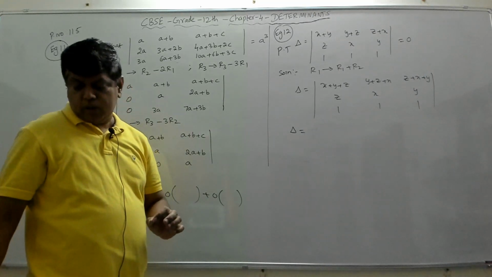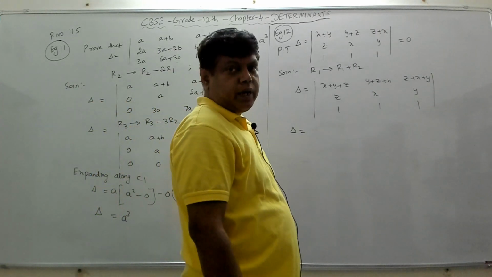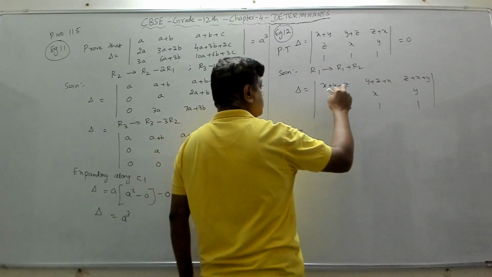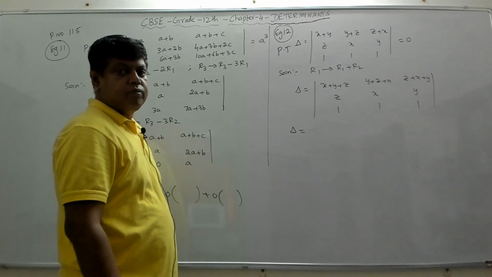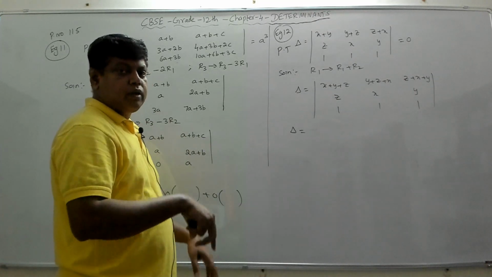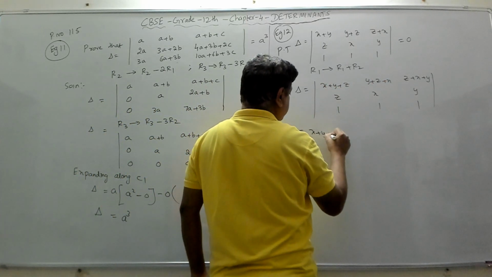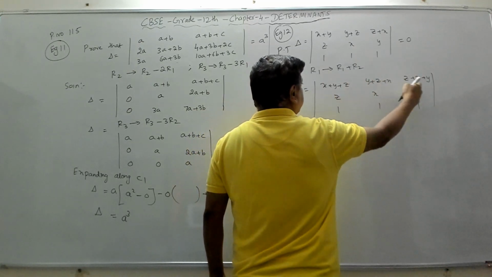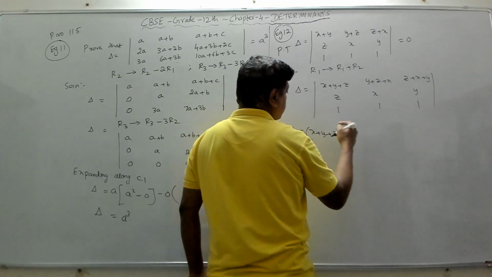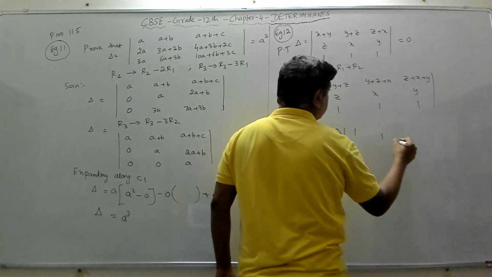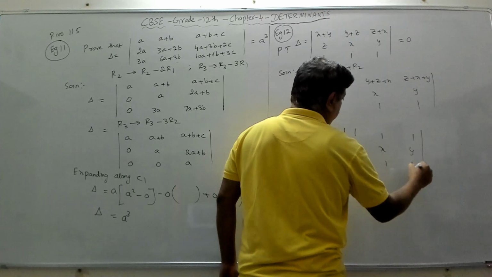If each element of a row or a column of a determinant is multiplied by k, then the value of the determinant is multiplied by k. In other words, if any element is common in a row or in a column, that element can be taken out of the determinant. Property 4 can be interpreted in that way also. So if you take that out, you'll get x plus y plus z. I will take it out because it is there in every element of R1. If I take that out of the determinant, this will become 1, again this will become 1, this will become 1. No change to the second row, as it is. Third row is 1 1 1.